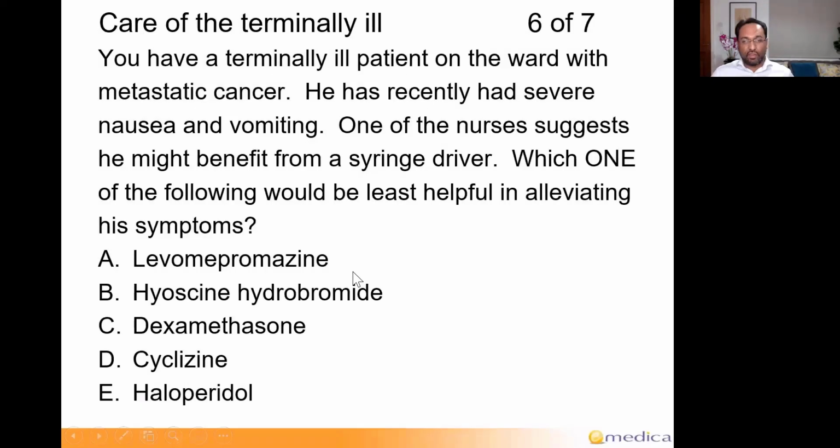So let's look at some single best answers. Single best answers also have a title, but there's a question and then a list of options. Commonly 5, but there can be 6 or 7 options, okay? Let's have a look at this question.